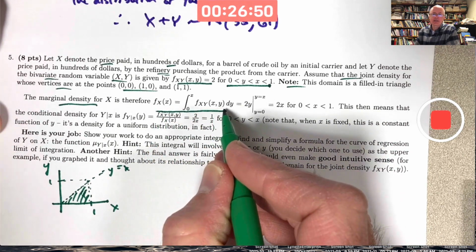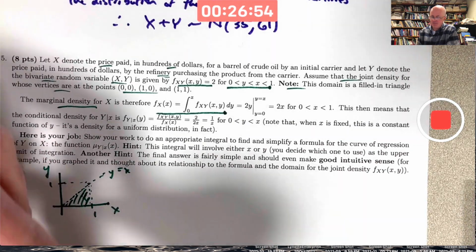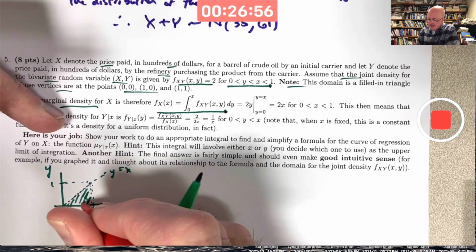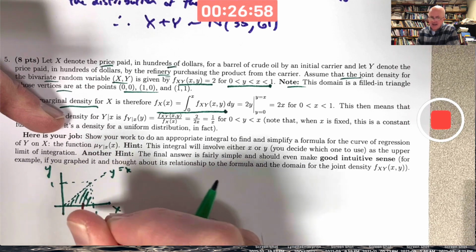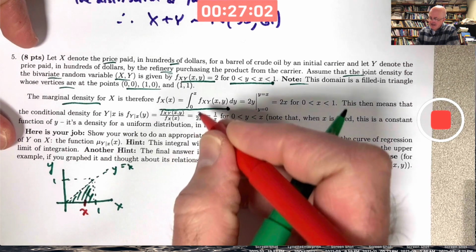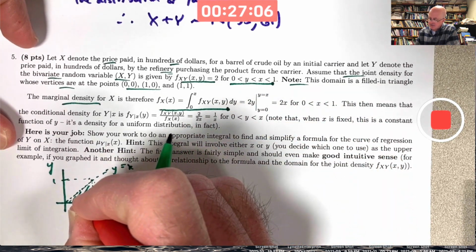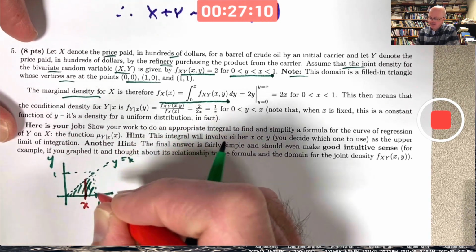When you think about this equation, you need to think of x as fixed. You need to imagine that you've got some fixed number x here on the x-axis. And for that fixed number x, you are taking the joint density and doing a single integral, not a double integral, with respect to y in the vertical direction. For that given fixed value of x,